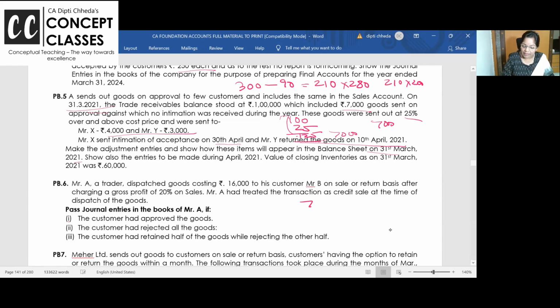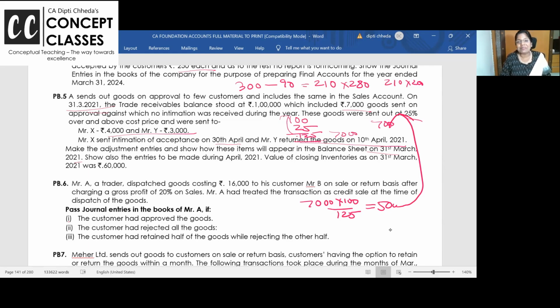I hope you are getting it. 7,000 into 100 divided by 125. This is giving you 5,000. 5,000 is inventory lying with customer account, debit to trading account. The cost of both. And now 5,000 inventory is lying. Out of that,